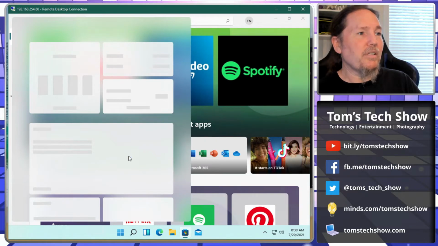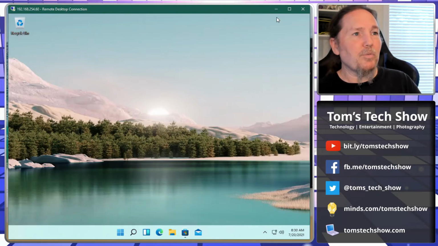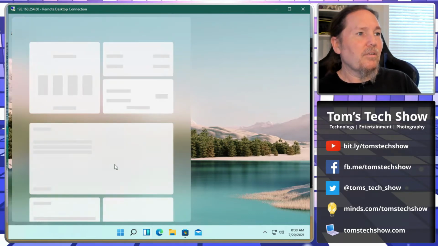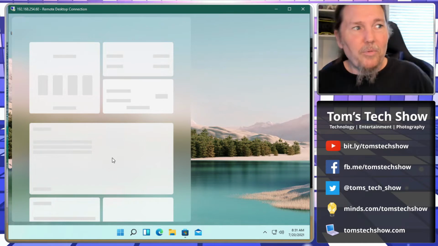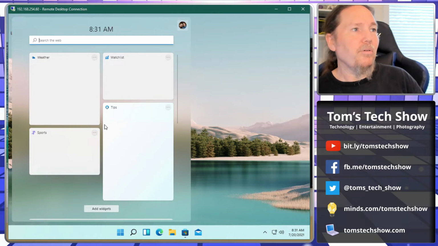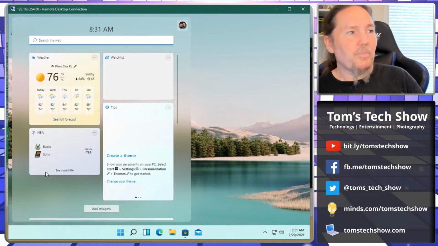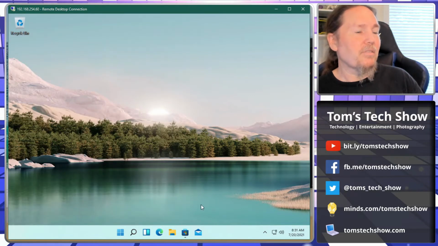My virtual machine is taking a little while to launch this thing. Again, if it's this bad in my virtual machine, it's still going to be bad on a regular desktop. But it launches this set of information: weather, your watch list, your tips, your sports teams. None of these I'm interested in, so now you've got to spend ages trying to get that customized, which I don't really want to do.